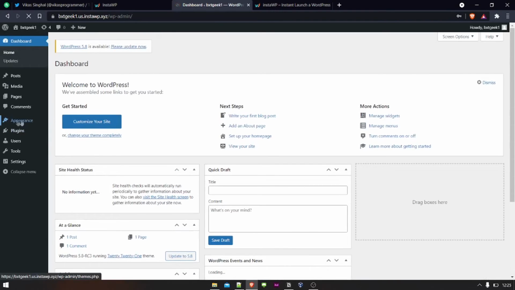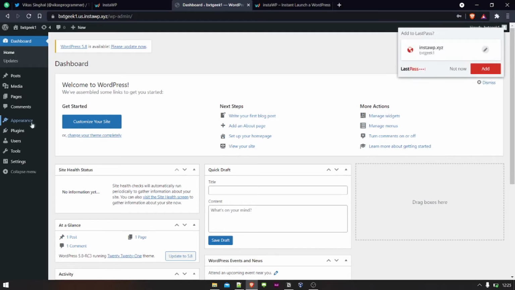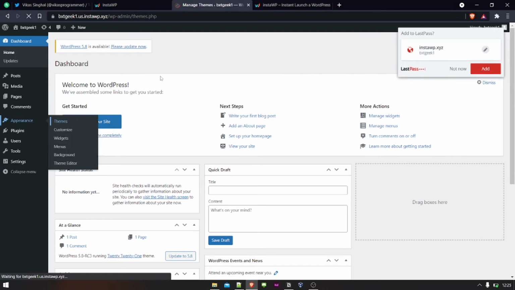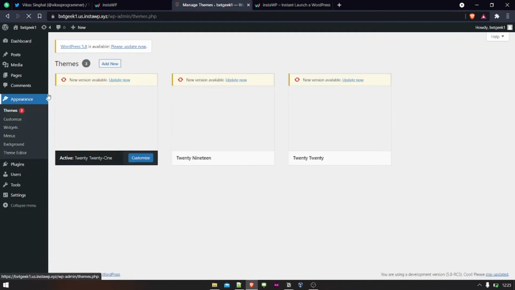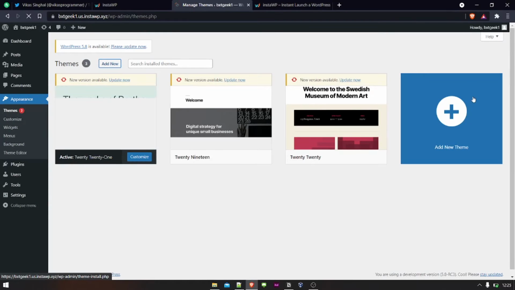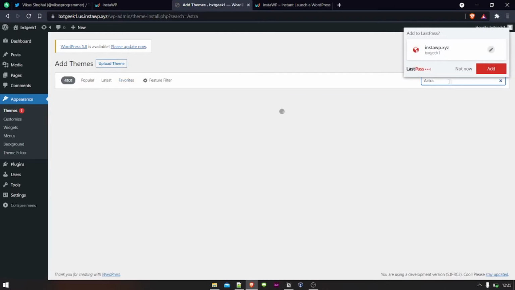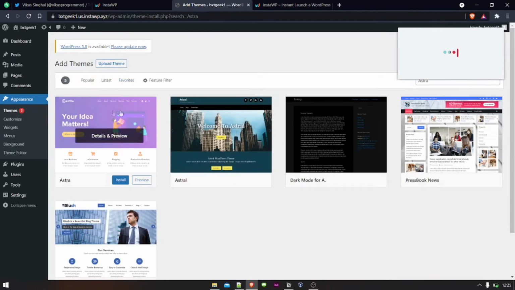So let's build a website really quick. Let's install the Astra theme. You'll also do a speed comparison, like how it is performing. Okay, let's install Astra.